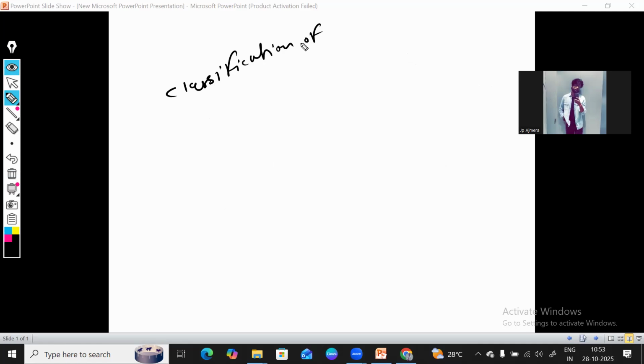Classification of soil particles. According to ISS, the International Society of Soil Science, we divide them into four parts: coarse sand,